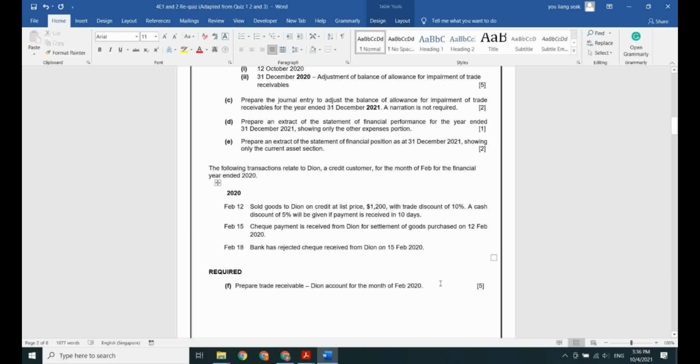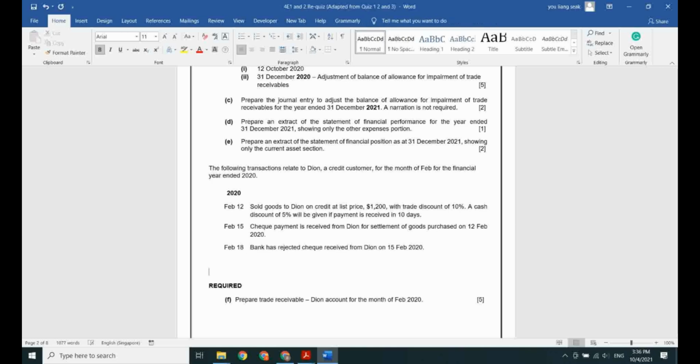So in this case, if you know that the list price is 1.2k, the invoice price, the amount that we charge Dion as a customer, should be 1200 times how much trade discount? Only 10% trade discount. So the invoice price, 100 minus this 10% discount, will give us 90%, 1080. So we are expecting Dion to pay this amount if, let's say, she doesn't make the payment within the